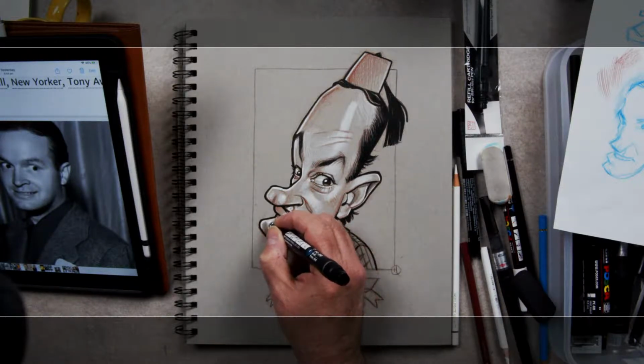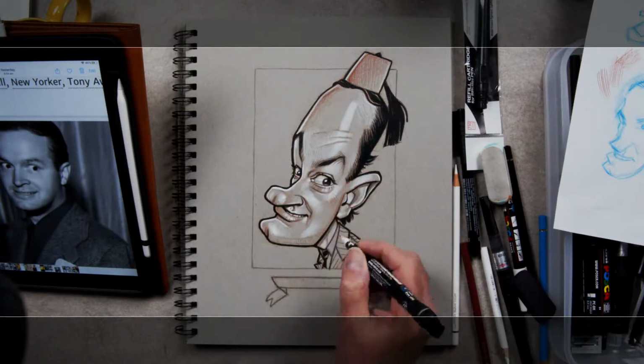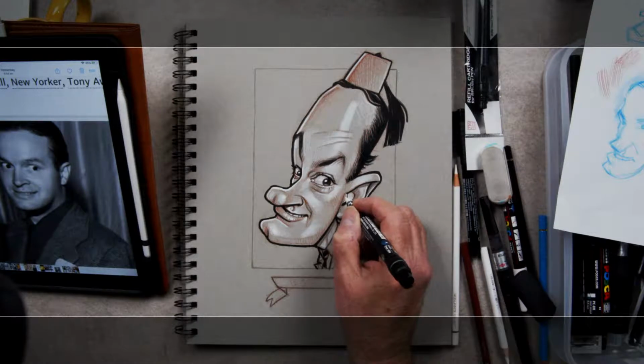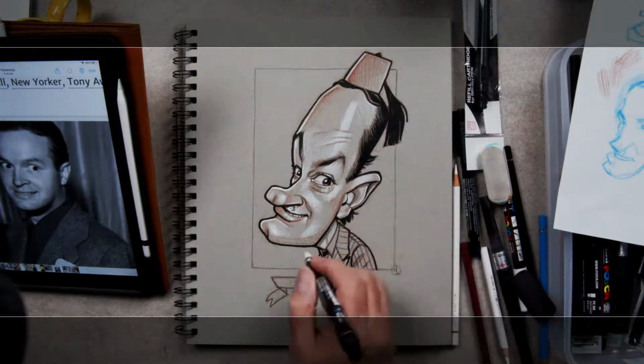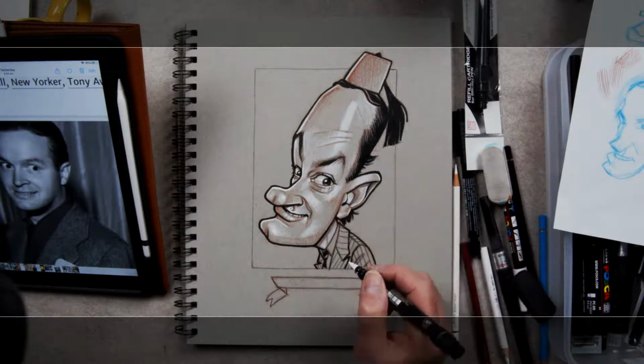The light that's hitting the nose would also hit the jaw there. There's another light on that side, but I don't think I'll put the light on the jaw. I'll leave that out.